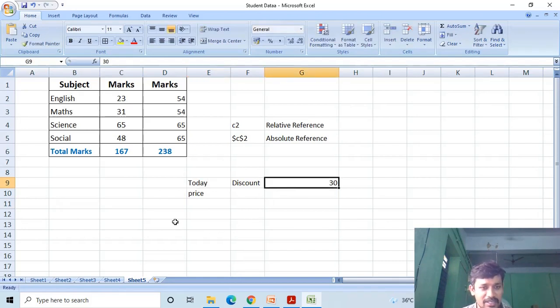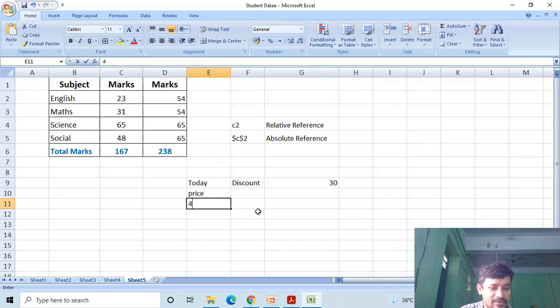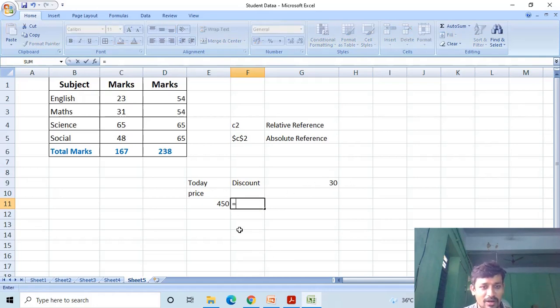If you enter the price of 50 rupees, then what is the discount? With today's discount at 30 percent, we will write the formula as the price into the discount cell, which is G9.